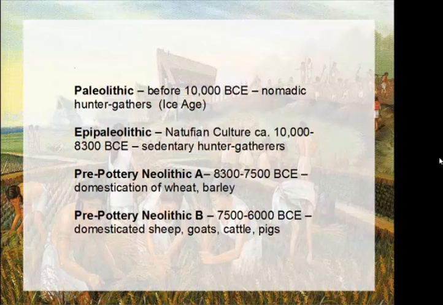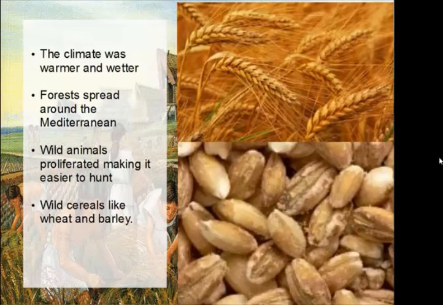As we said, the climate was changing and becoming warmer and wetter. The conditions were way milder. Before it was Ice Age. There were lots of areas where you could only gather wild fruit in forests and hunt. Now the conditions are milder, and that made forests spread around the Mediterranean coast like wildfire. And wild animals proliferated extraordinarily,